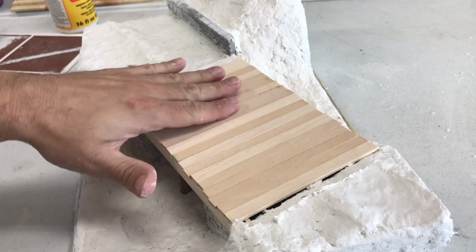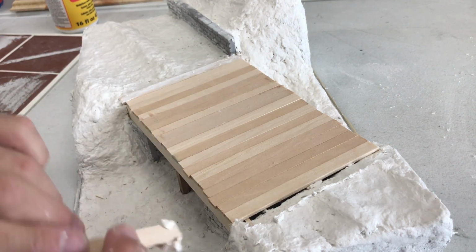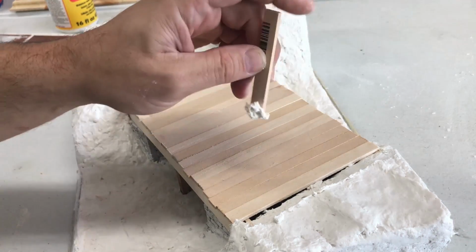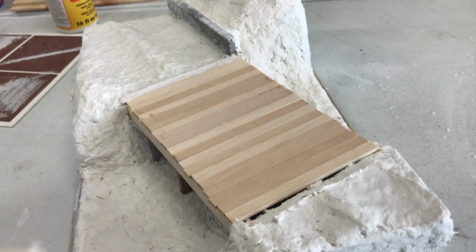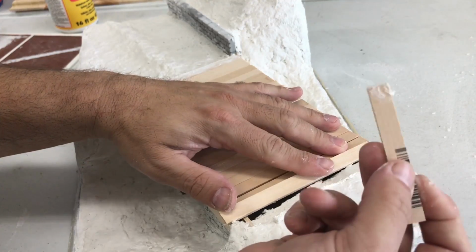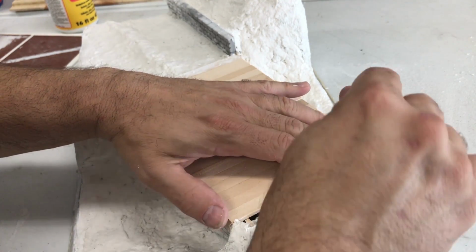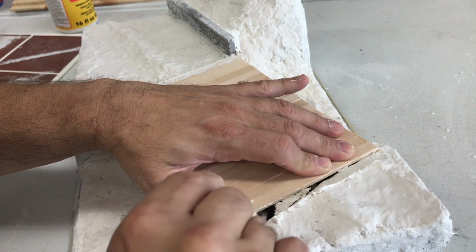I've taken all of the boards that we're going to need to make up the bridge, and to make sure everything lines up perfectly, we got to the very end over here, and as you can see, we have a little bit of a weird shape. So we want to basically take a scrap piece of the same size lumber and just drag it down the line here